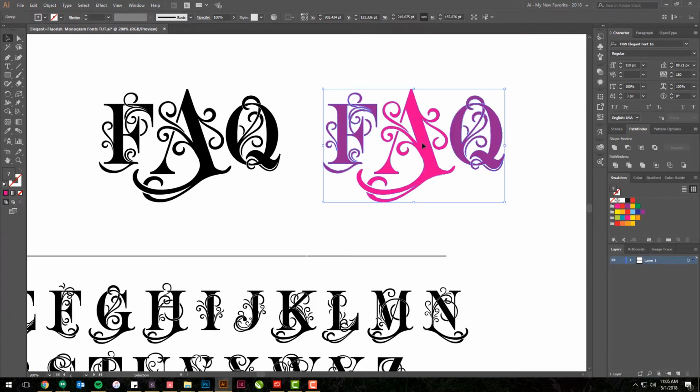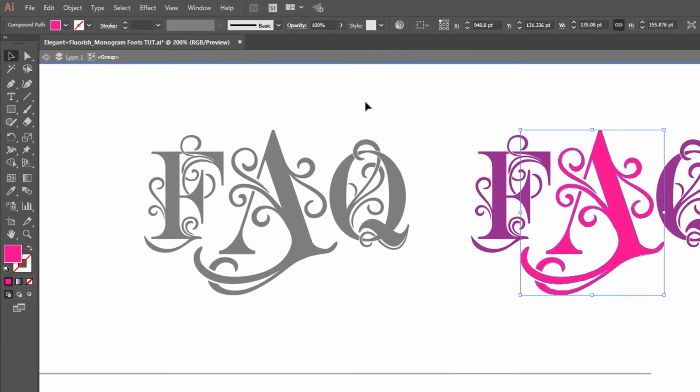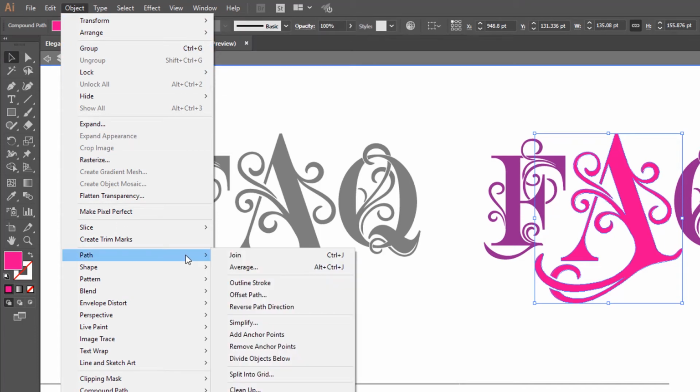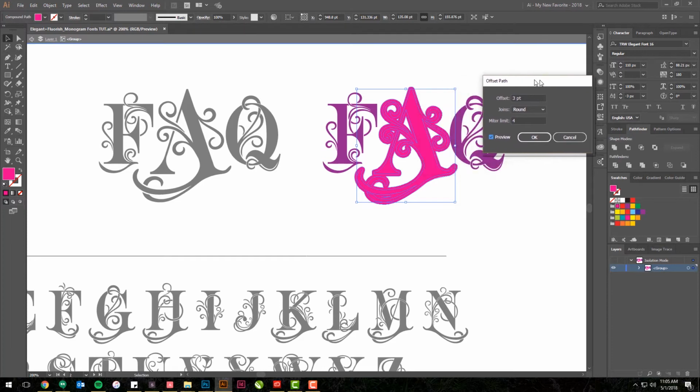And now to add the finishing touch to give this monogram a little bit more depth, I'm going to go ahead and select the monogram and double click. This will bring us into the isolation mode. So now I can just simply select the letter A. We're going to go to Object, Path, Offset Path, click Preview, and this will give us an offset path